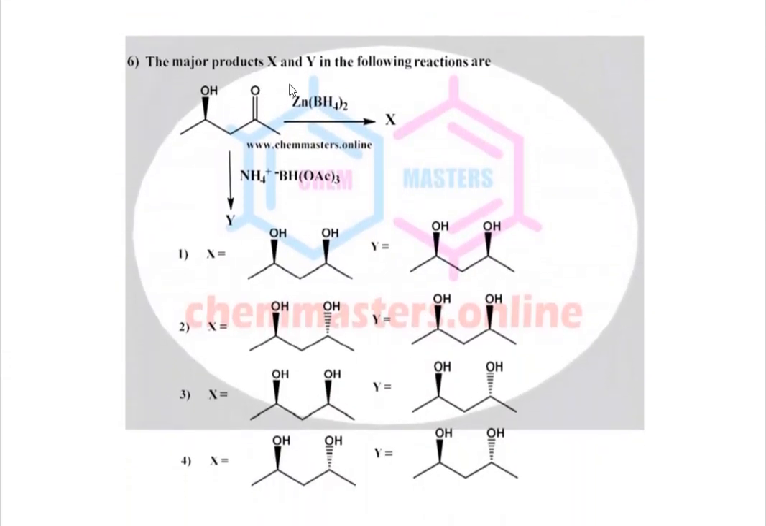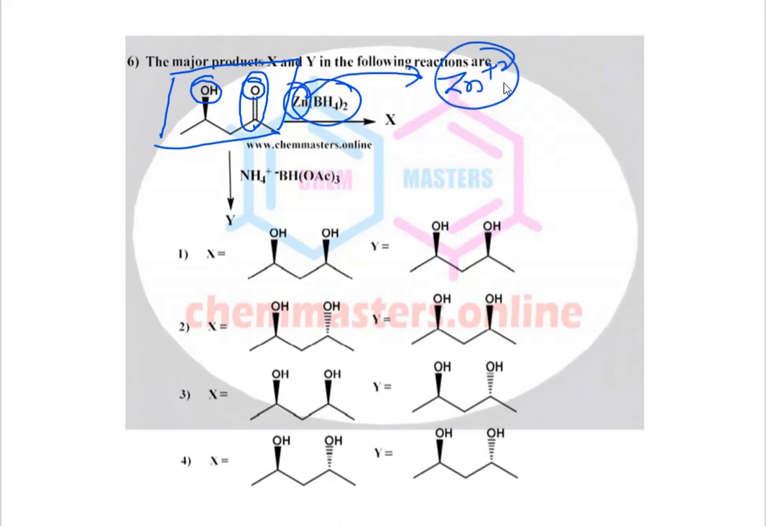The major products X and Y in the following reaction. The given reactant has a hydroxy group, which is shown above the plane of the molecule, and we have another carbonyl oxygen. So zinc borohydride is going to reduce this keto functional group. When you see zinc, we know that zinc plus 2 chelates. Here zinc plus 2 chelates with the lone pairs of electrons of these two oxygens, which can be simply